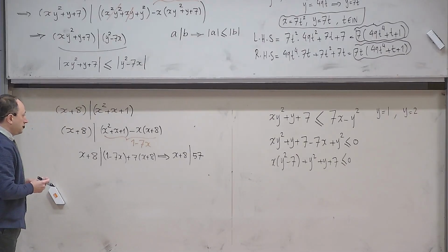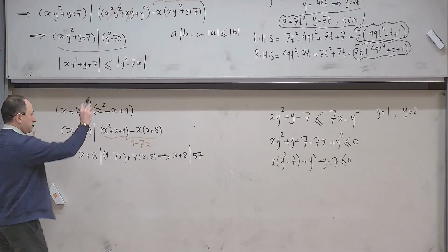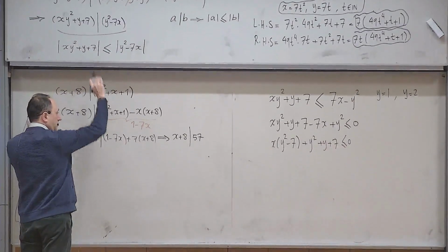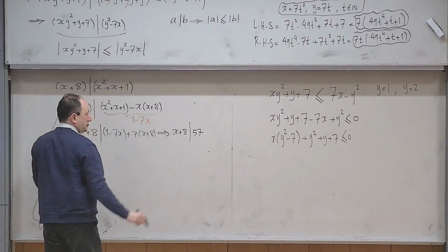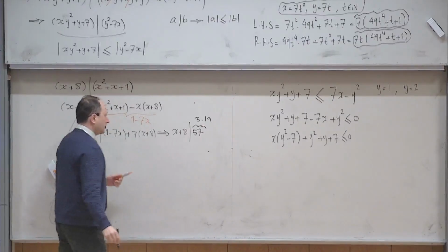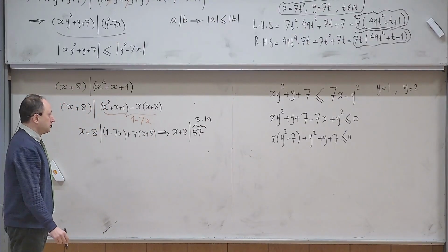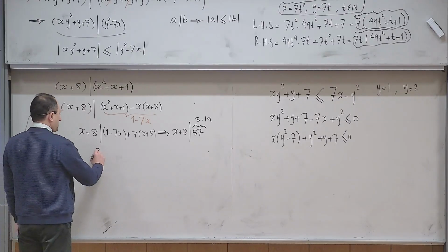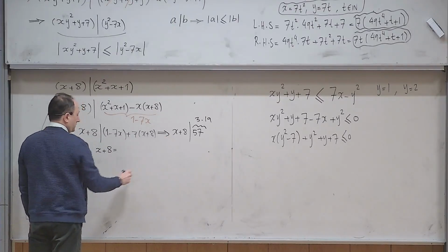Okay, and then what are the options available for me? So if x plus 8 is 57, be careful, x is a natural number and it is supposed to divide 57. But 57 is 3 times 19. Okay, so x plus 8 should be a factor of 57. So this means that x plus 8 should be, because I am not allowed to choose negative values,